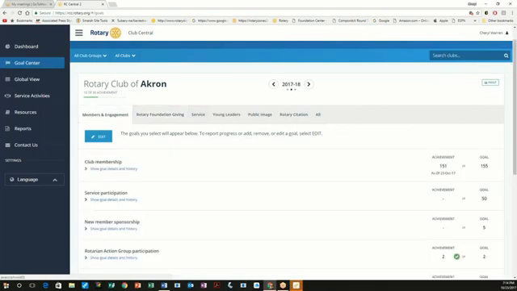So I would like to plant a little bit of a seed for you: if you currently are an officer, a president-elect, and you cannot see the edit button, most likely you are not in the database for Rotary International. So when you get your login and you go to Rotary Club Central, if you cannot see the edit button, you probably aren't listed as the president-elect for Rotary International.